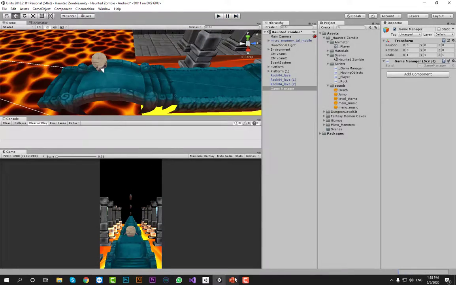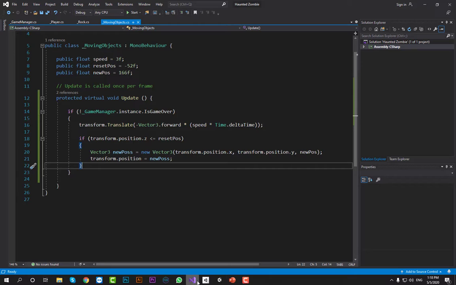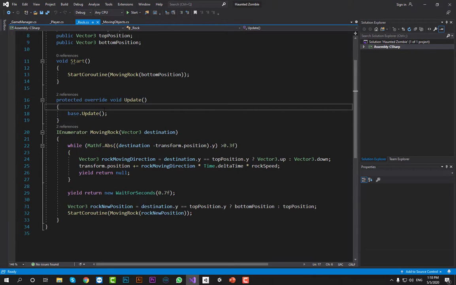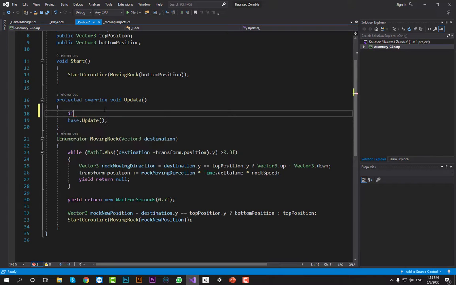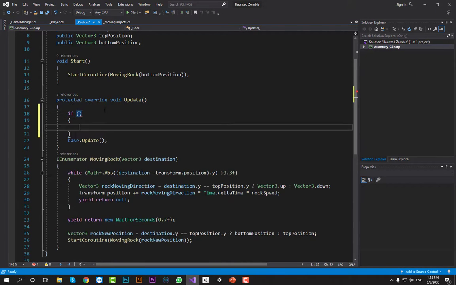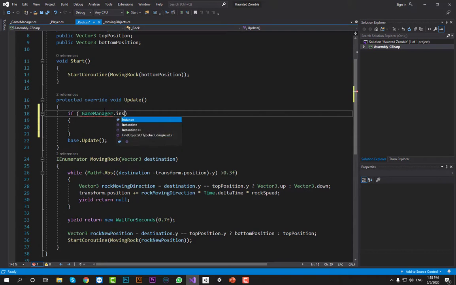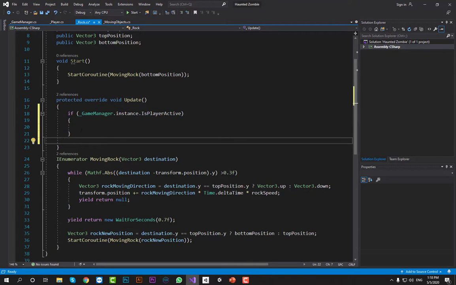So what I have to do? I have to write a simple logic, which is: if game manager dot instance dot is player active, if the player is active in the scene, then rock can move.